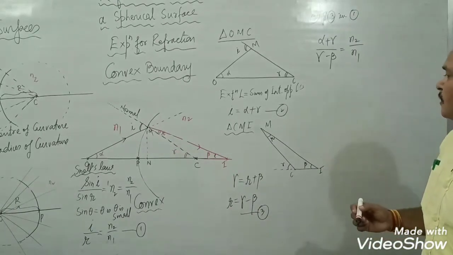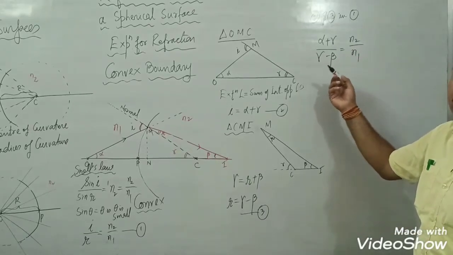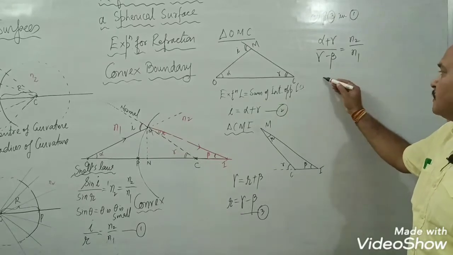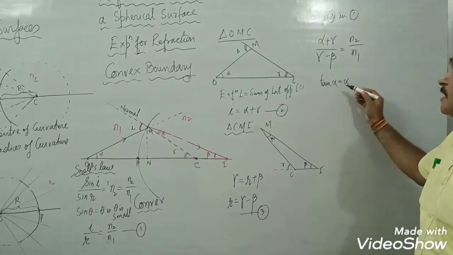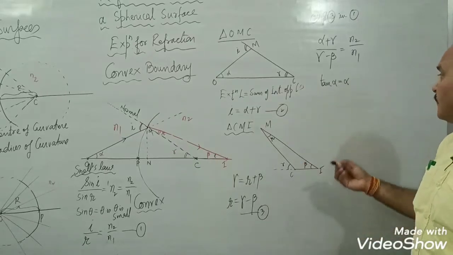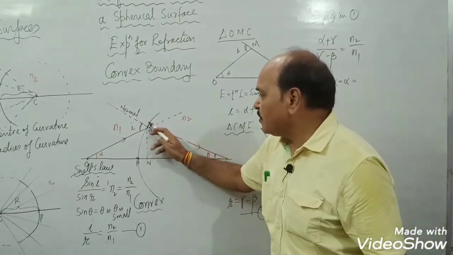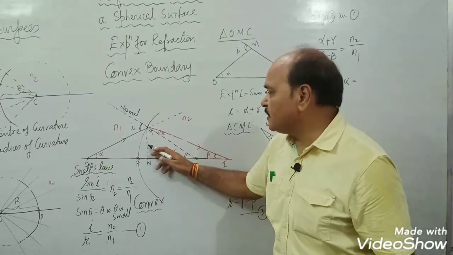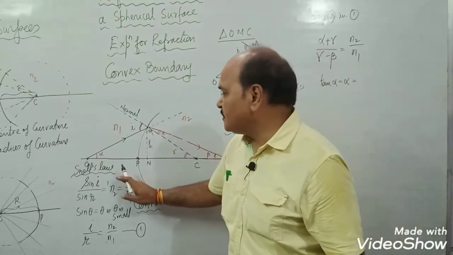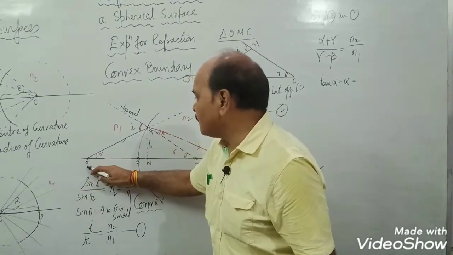Well, what are the values of these angles alpha, beta and gamma? We know tan alpha is equal to alpha if alpha is small. And what about this alpha? This tan alpha is going to be perpendicular upon base. What is this perpendicular? This perpendicular is, say, H. And what is this base? This base is going to be the distance of the object.